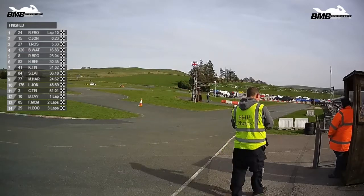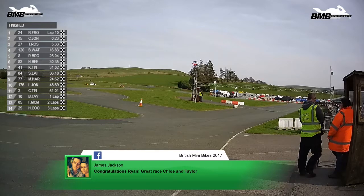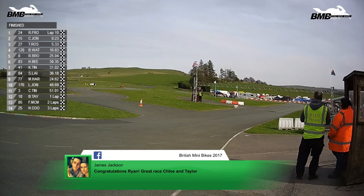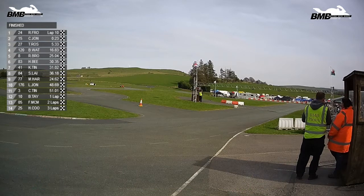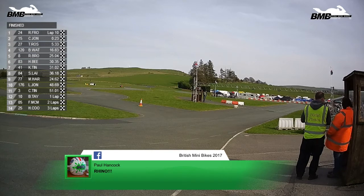Just a few words out here. We've got to thank Steph Blackwell, who says well done to Ryan Frost. In fact, Ryan getting a lot of compliments here. James Jackson says great race, Chloe and Taylor. They certainly did very well. And Paul Hancock simply says Rhino. What a great race there. So as we've got a few moments quiet here at British Mini Bikes at Glan Gors, whilst